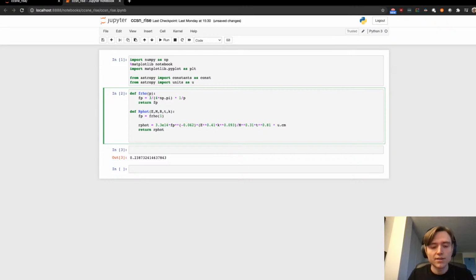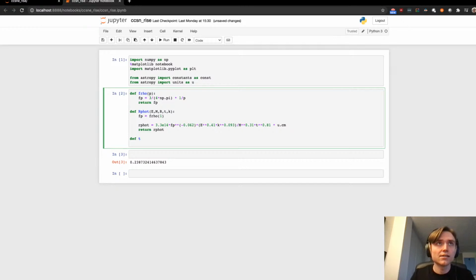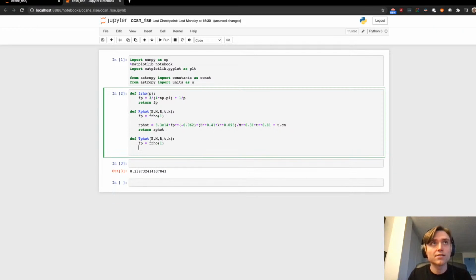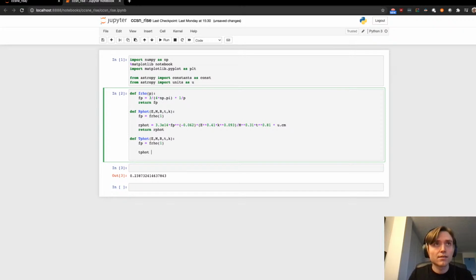So the next thing we want is def t font. And this is pretty much using the exact same stuff we had before, so let's steal some code from there. Let me do the same kind of thing. We'll steal this again because it also depends on that. And then let's put in